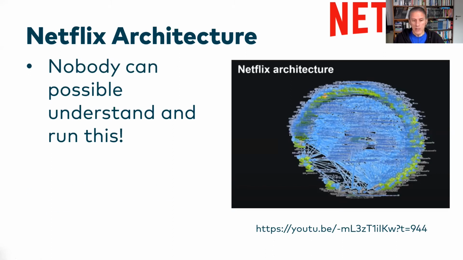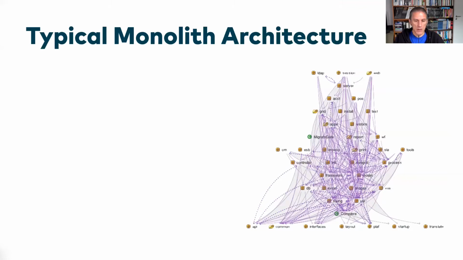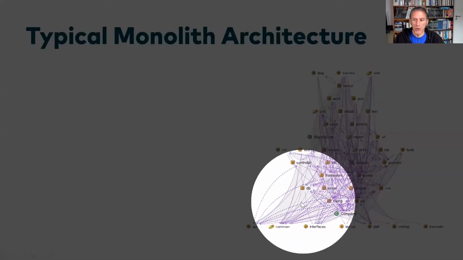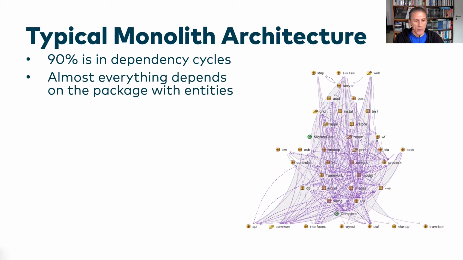Well, okay, so let's take a look at a typical monolith. And one monolithic architecture that I can still remember is, so that's not a screenshot from that architecture, but it is a dependency graph that you could have in your monolith. And in that architecture, about 90% of the whole system was in a dependency cycle. And almost everything depended on a huge package with all the entities, with all the objects that were actually modeling